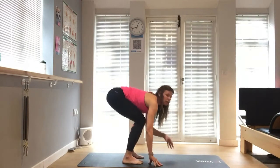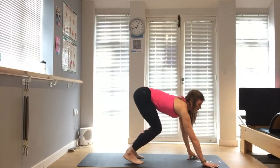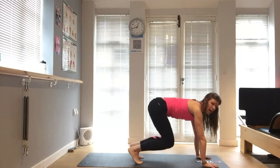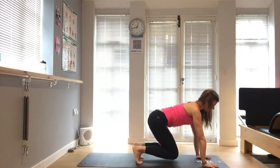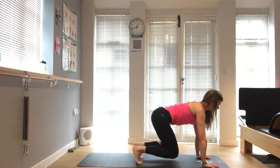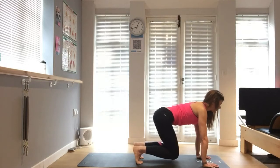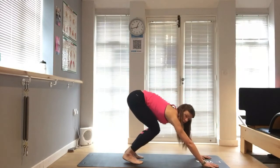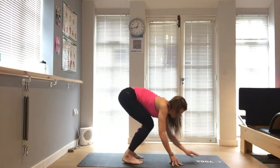Look towards the front of your mat and walk your hands out till your hands come on the mat. Your feet, knees are still hovered, and then gently lower the knees and keep them hovered in this crouch position for 8, 7, 6, 5, 4, belly is pulled in, 3, 2, 1, straighten the knees, push the hips back, walk the hands back